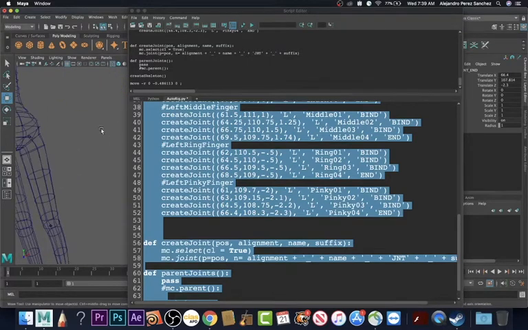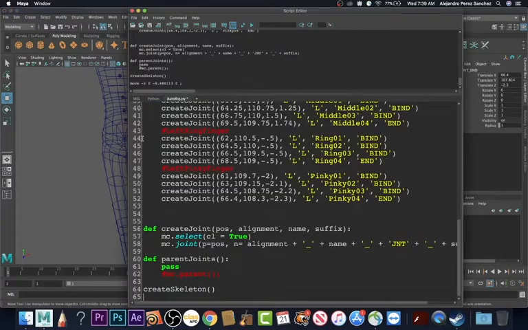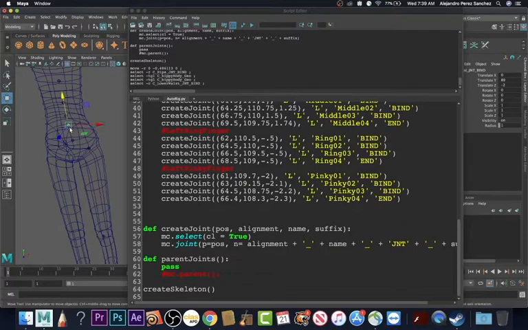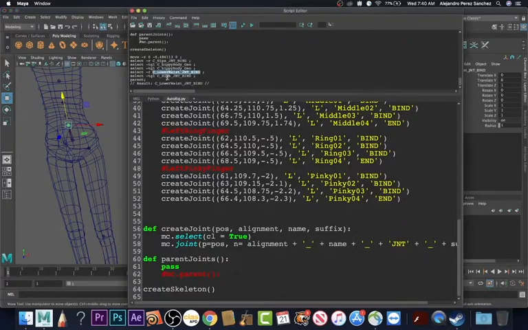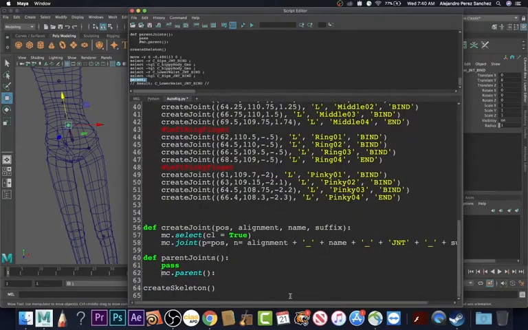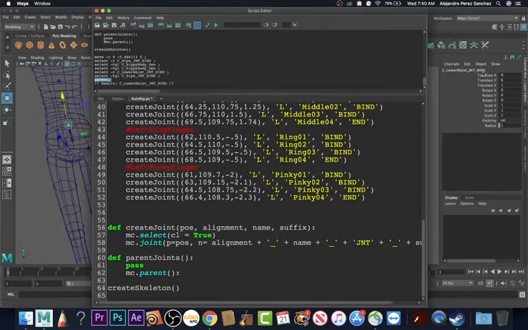Okay, so basically what we need to do, oops, there we go, let's save this, is take one joint here, or take this joint and parent it to this joint. And we're going to do that up the whole chain. So basically we selected one joint here, we selected the second joint here, and then we did a parent command. We can do all of that in a single parent command, so we don't actually need to select it. What we can do is take the name of this joint,